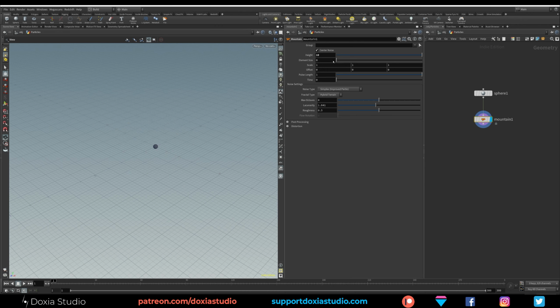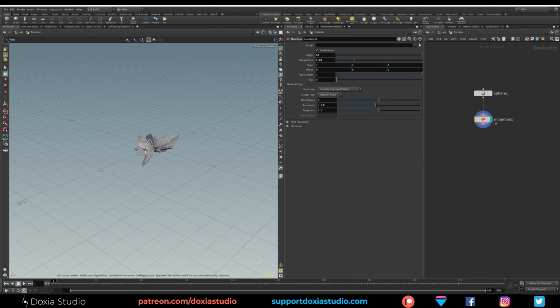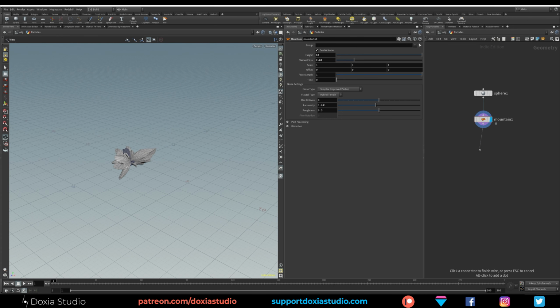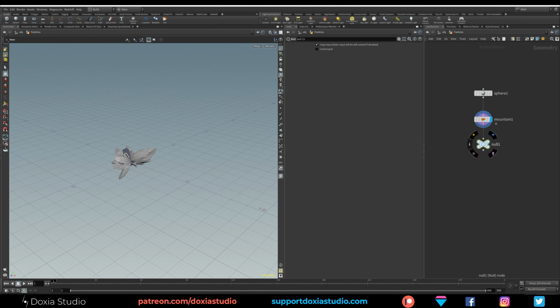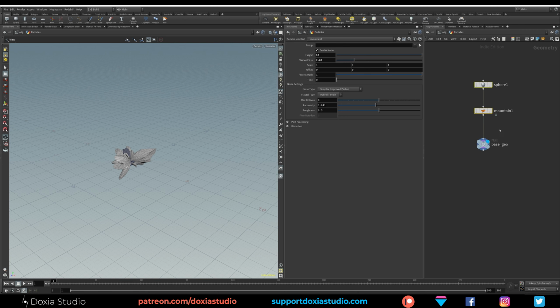Increase this. Something like this. Okay, let's create a null. Let's call it base geo.